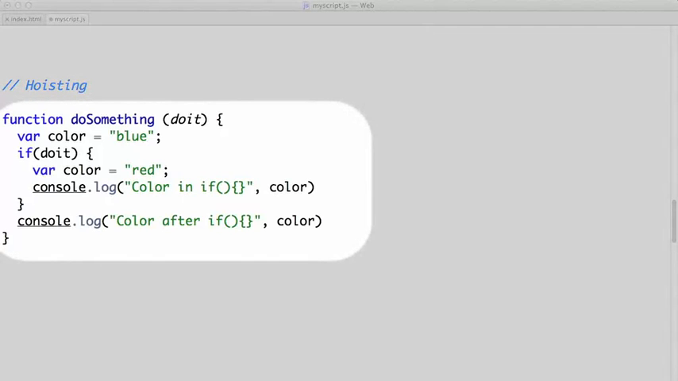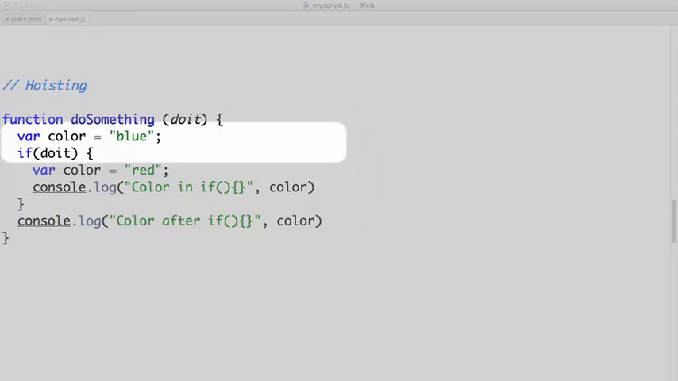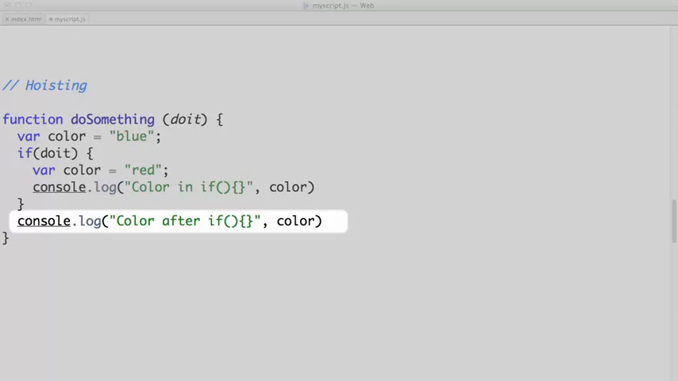Here I have a function called doSomething, and it has a parameter doIt. In the first line of the function, we define a color variable with the value blue. Then we have an if statement, and based on the value of doIt, we then define var color equals red and console.log the value of color. Finally, after the if statement, and regardless of the value of doIt, we'll again call console.log, displaying the color after